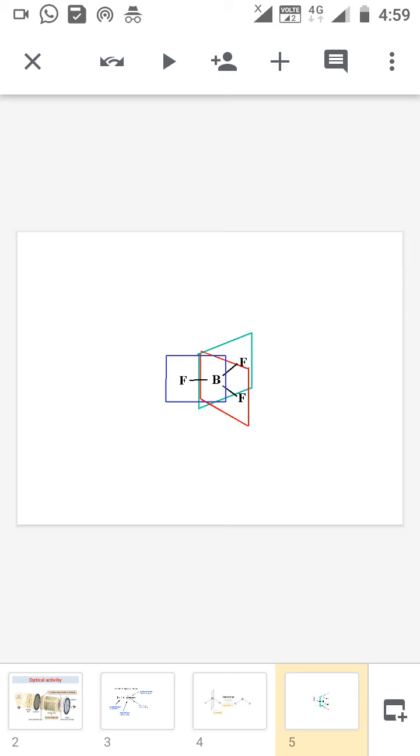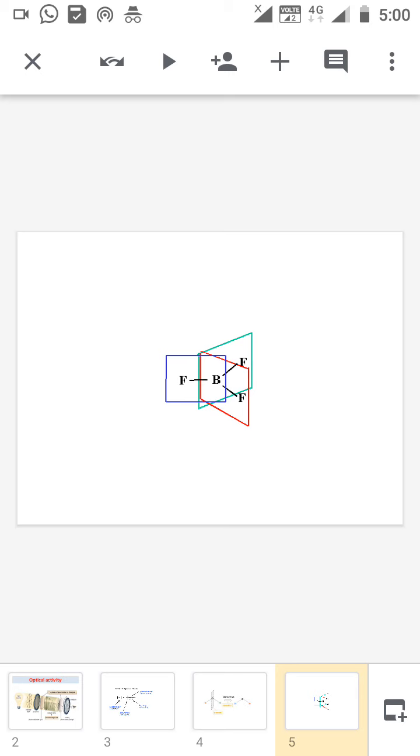That's why we say the molecule has planar symmetry. Okay. So we have 4 different types of elements of symmetry. First one is plane of symmetry, which we already discussed. The second is the axis of symmetry. Next is the alternating axis of symmetry. The last one is the center of symmetry.